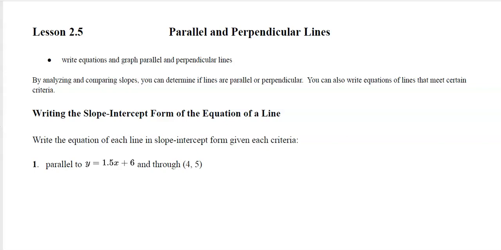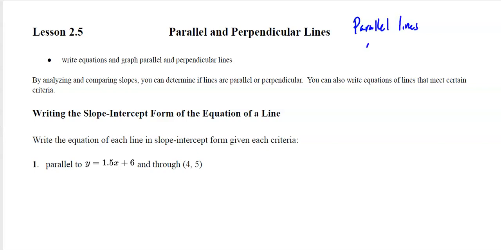Parallel and perpendicular lines, lesson 2.5. So let's jump into this. This is an in-depth look at graphing and writing equations for lines, but just in these two scenarios. The biggest thing you need to understand from back in Algebra 1 is that parallel lines,